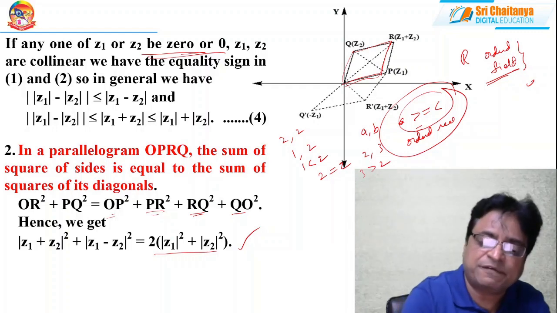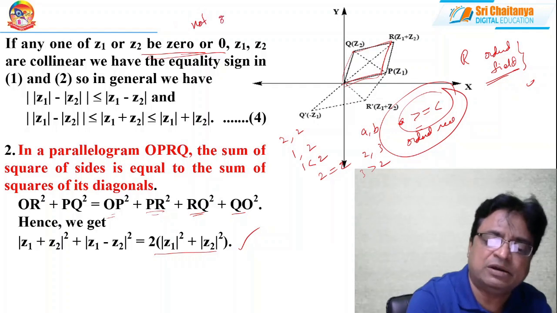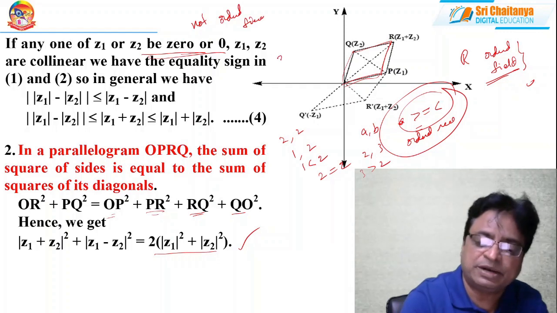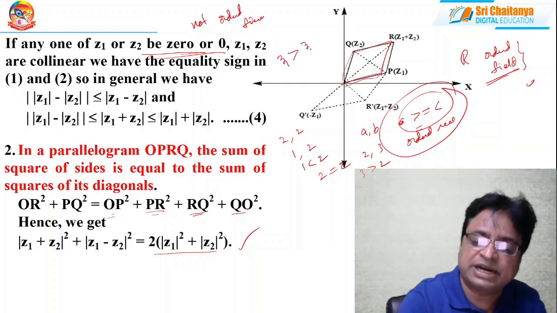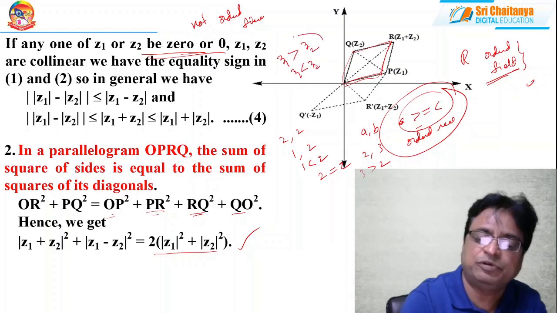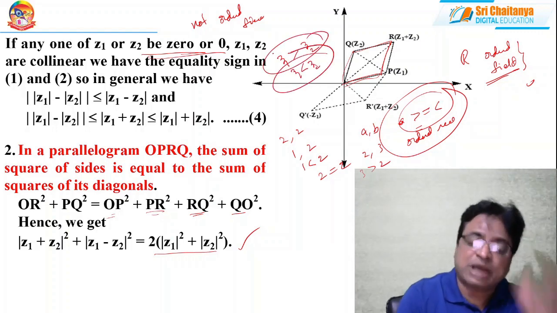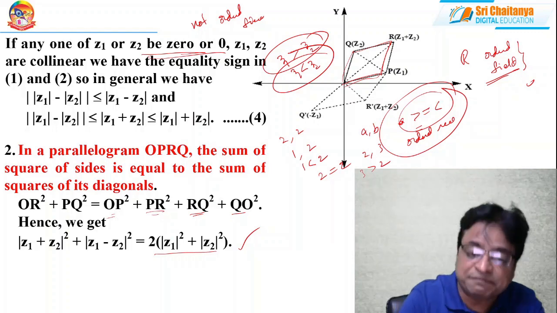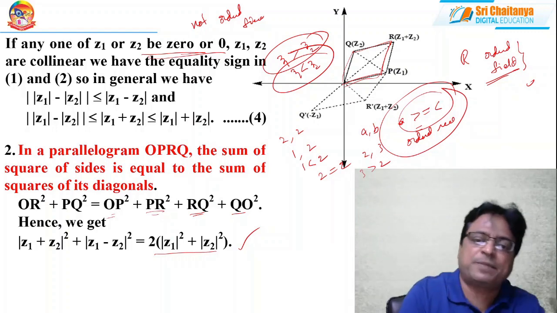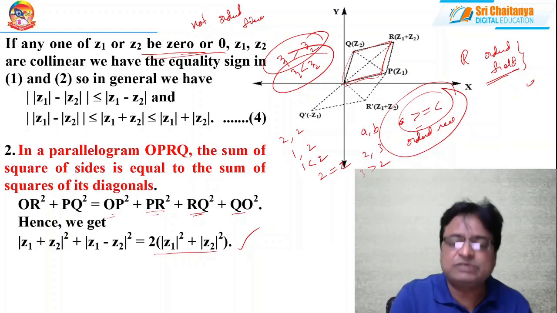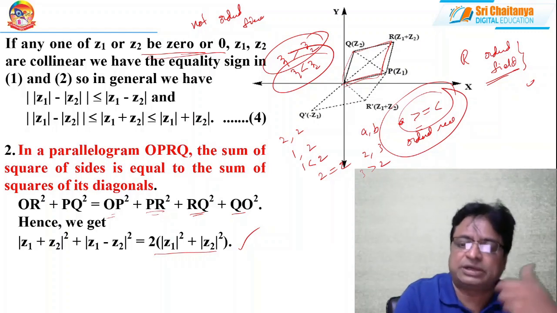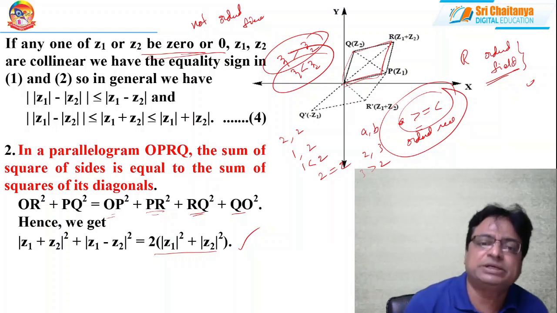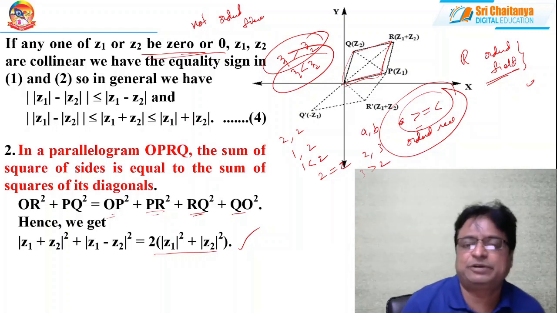That's why the set of complex numbers is not an ordered field. That means in complex numbers, equality may hold good, but we never say Z1 is greater than Z2 or Z1 is less than Z2. We never say like this. So comparison of complex numbers, whether greater than or less than, is not possible. That's why it fails to satisfy the order axioms. Other than that, the rest of the properties of the field hold good. That is why the same triangle law and parallelogram law also hold good even in complex numbers. So this is another important aspect you have to practice.